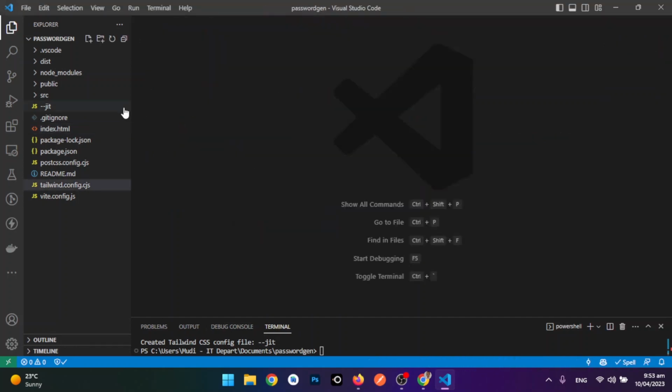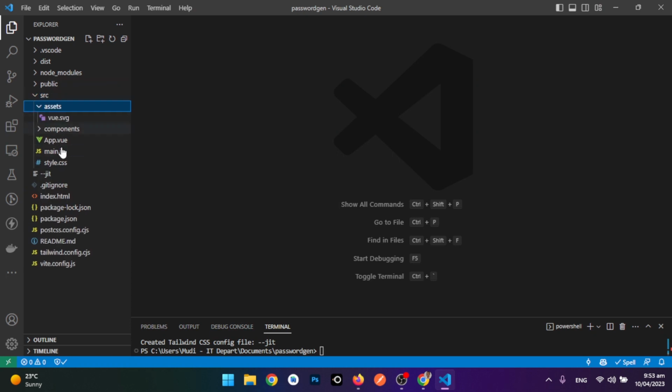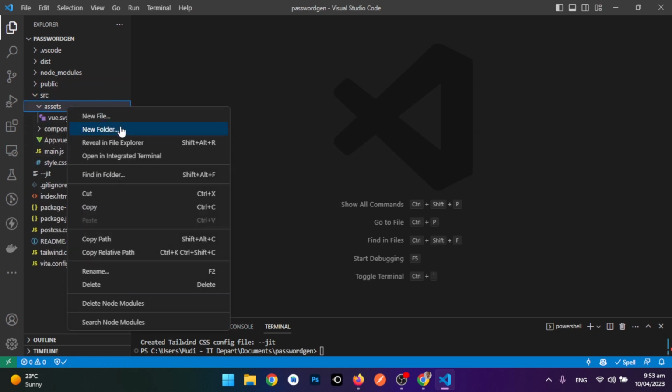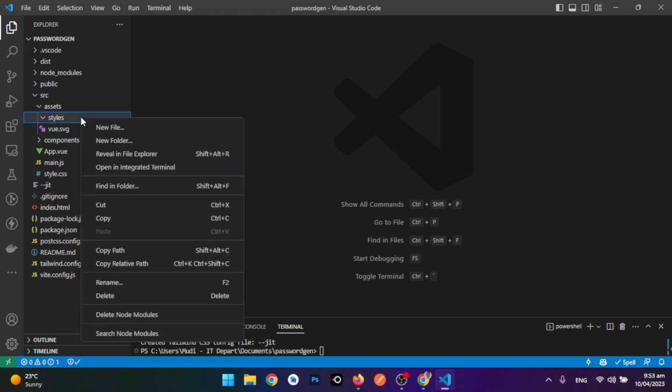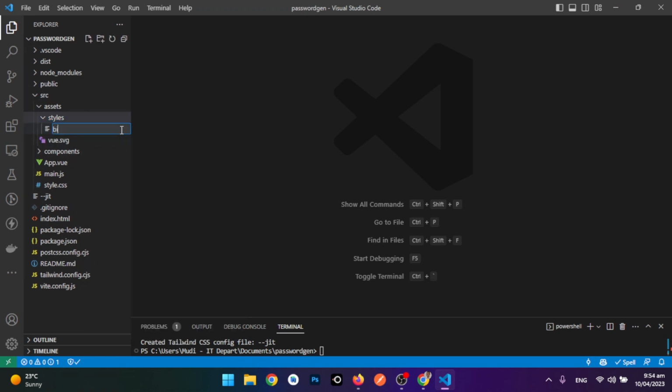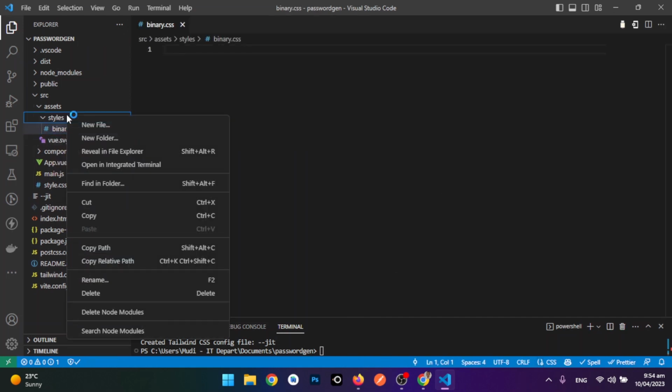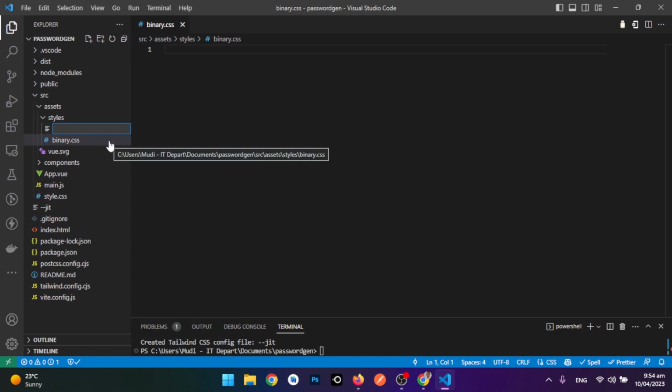Yeah, save. And then now we are going to create a styles folder inside our assets folder. So we'll call it styles. Right, and inside styles we are going to create two files, binary.css, and then we'll also have transitions.css. Okay,